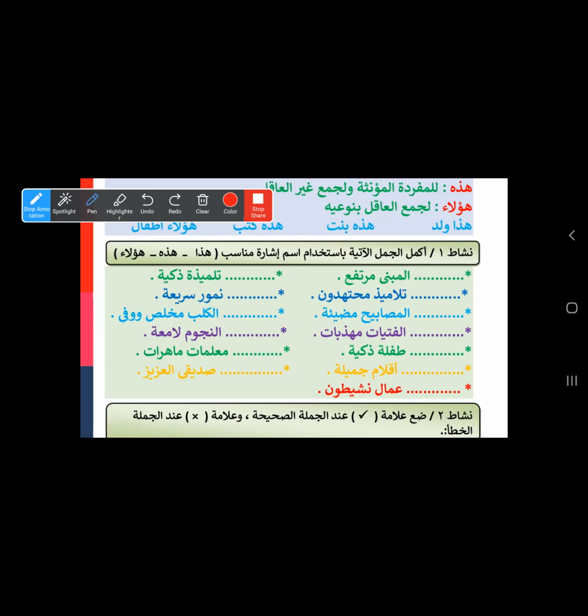أختي عطية. الأخير. عمال نشيطون. صح. أوكي. عمال نشيطون. هؤلاء. أحسنتي. هؤلاء عمال نشيطون. These are active workers. هؤلاء عمال نشيطون ما شاء الله. أنتم فعلتم رائعا. Now we have one more. It's نشاط